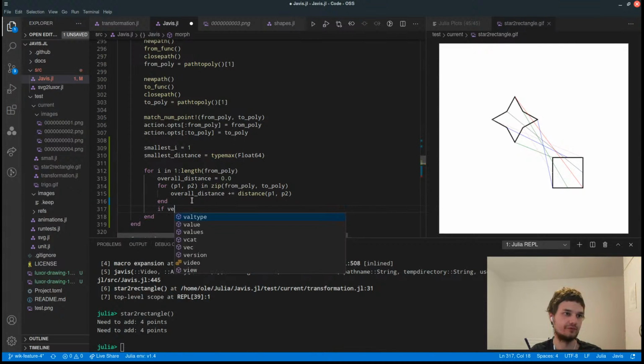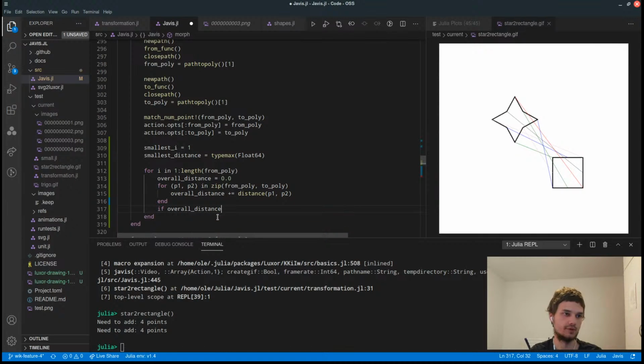So if overall distance is smaller than smallest distance, then